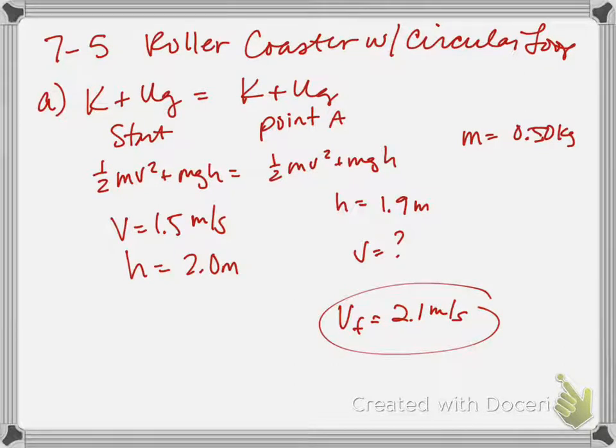4 points on that rubric. One's for bringing up conservation of energy. One's for having a good equation. One's for having the correct substitution. So all of those need to be correct. 1 point for your correct answer. So 4 points there. Part B, we're going to draw a free body diagram of the cart at point A,